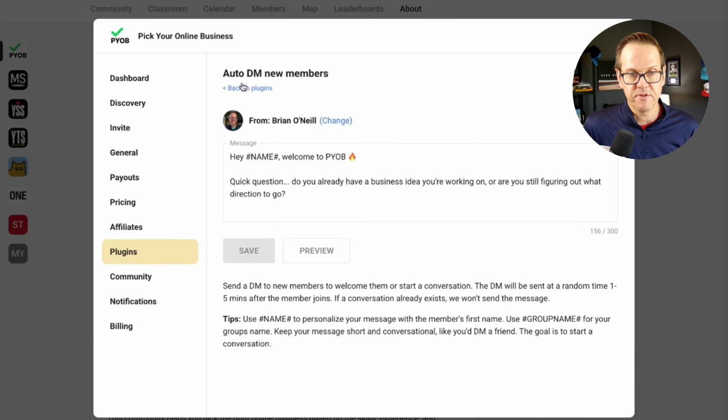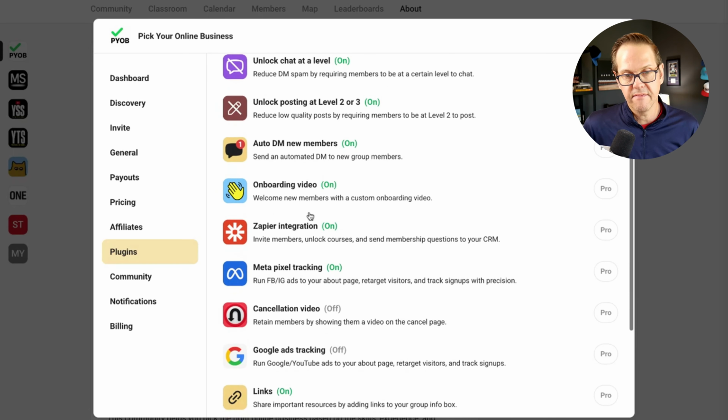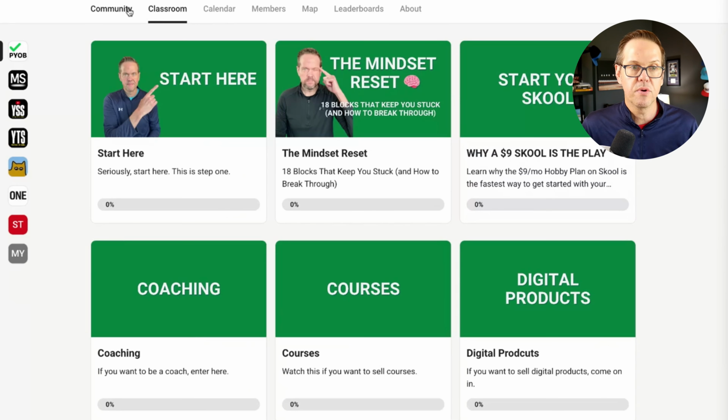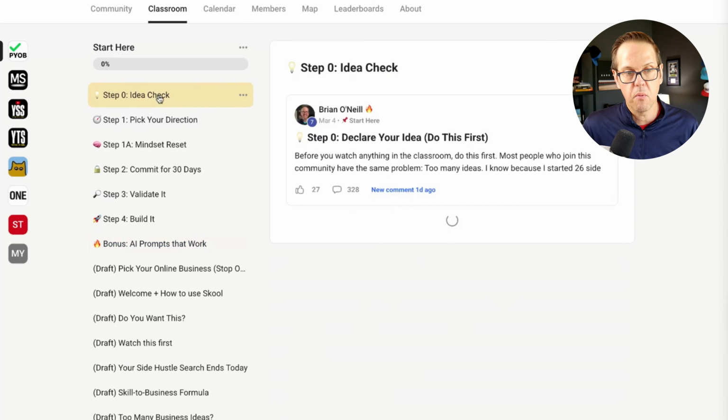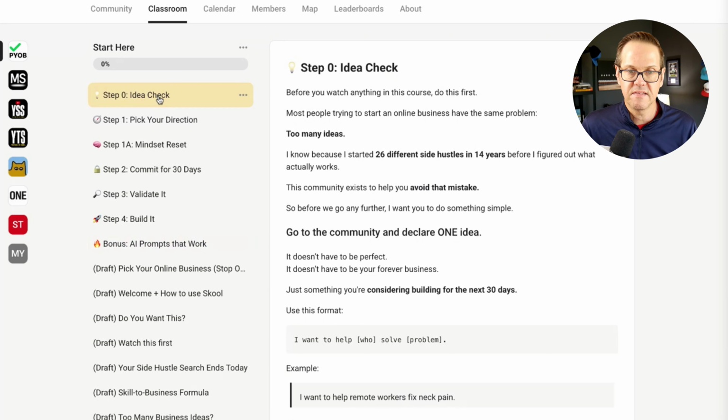The other thing that happens, which is really important, and I have a Zapier integration that's turned on right here, is they are now getting sent to my email list in Go High Level, and I send them through an email sequence that points them directly to the classroom. I want them to start right here at step 0 and go through all of these steps in order. The members really seem to like these steps in order, going from step 0 to step 4. And then I have a bonus lesson in here as well,